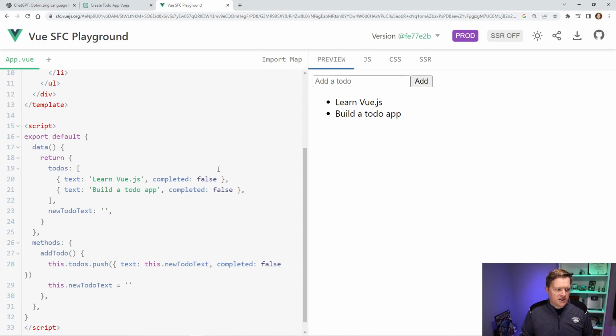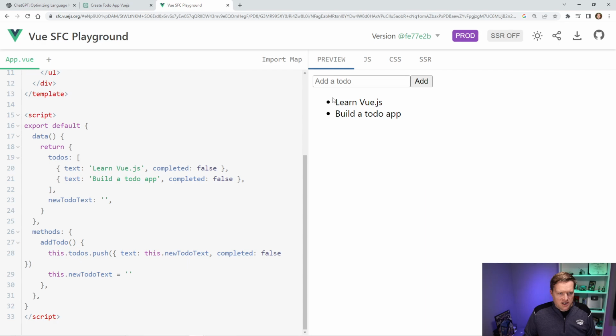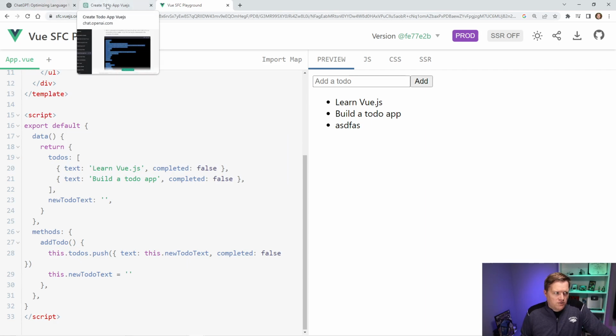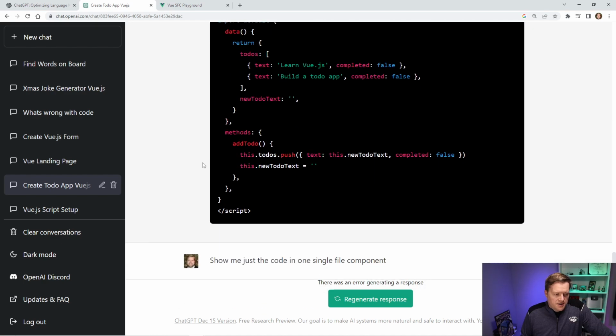It has a learn Vue.js item. It did add in a completed property, so I think it pulled some of this code from somewhere else, even though there's no way to see if an item's completed or not. And when you add, you can push items on, but there's no way to tell if it's completed or not. So it looks like it sort of did what you want. Once again, of course, it's using the options API, it might be just defaulting to Vue 2 specifically for most of these, although I believe that it probably would do very similar output for Vue 3.